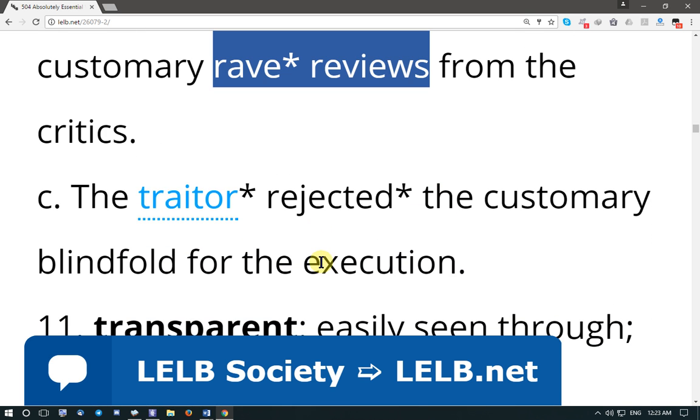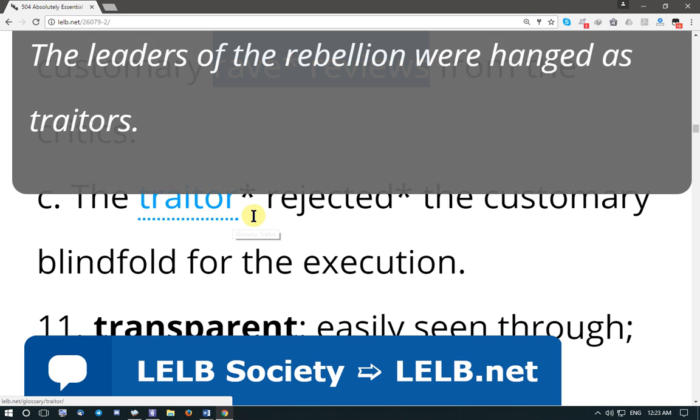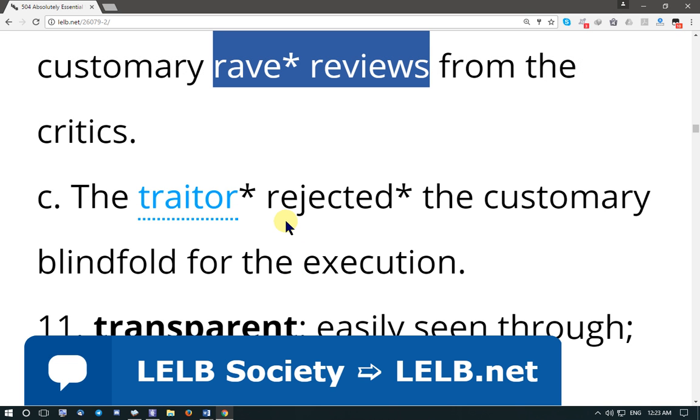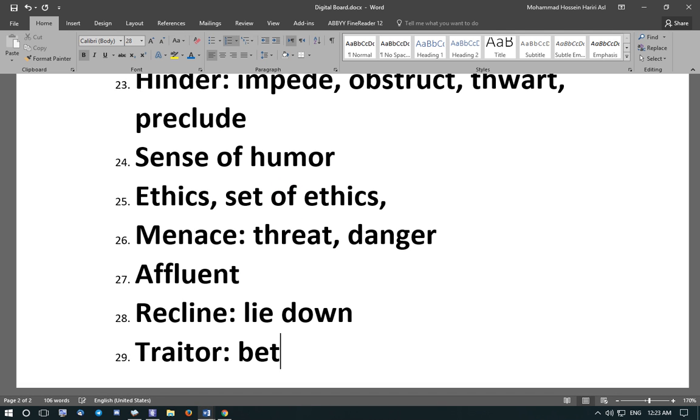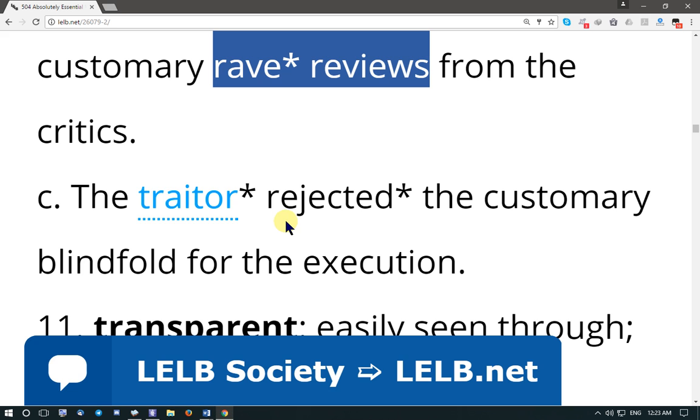The traitor rejected the customary blindfold for the execution. Traitor means a betrayer. Treacherous. A disloyal person. Rejected the customary